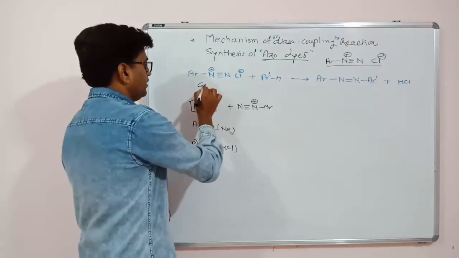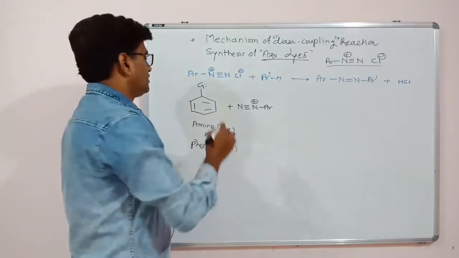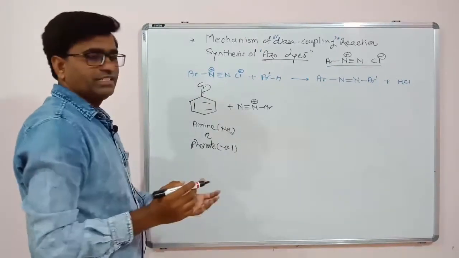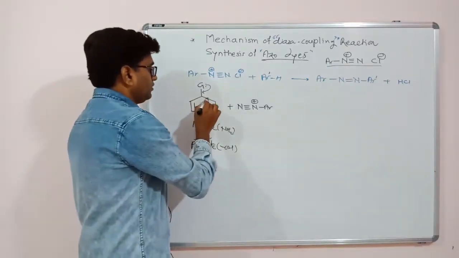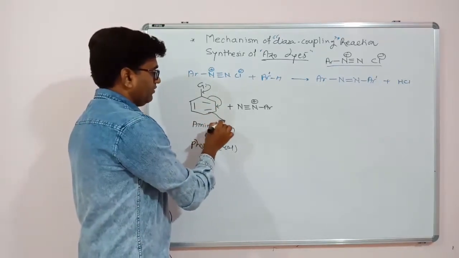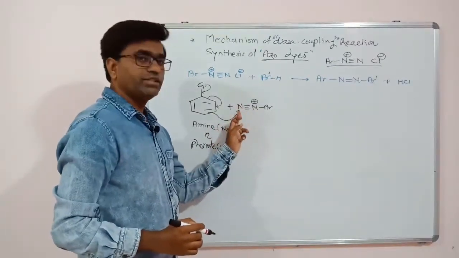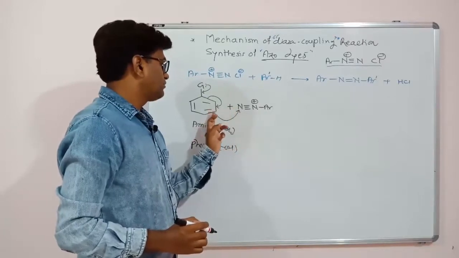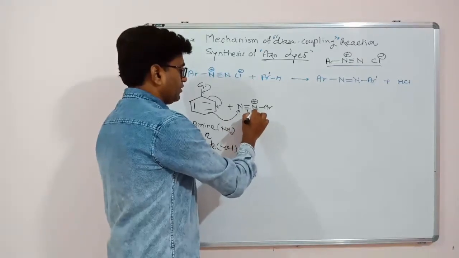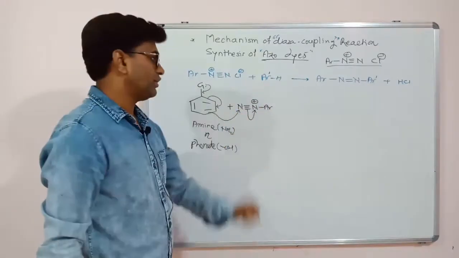Now what will happen? This group has a lone pair, such as nitrogen, and OH has a lone pair. So this lone pair will activate the ring. This lone pair coming inside is just like the plus R effect. So this pi bond migrates over here, and this pi bond will react with the first nitrogen, not the nitrogen with positive charge. The nitrogen is neutral, that nitrogen, this pi bond will attack. Then one of the pi bonds will break, those electrons go to the nitrogen. So the nitrogen positive charge will be neutralized, and we will get the sigma complex.